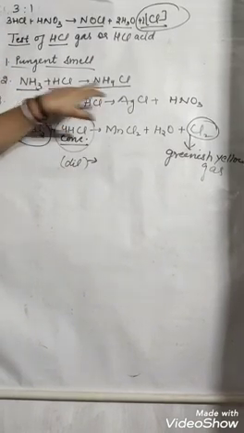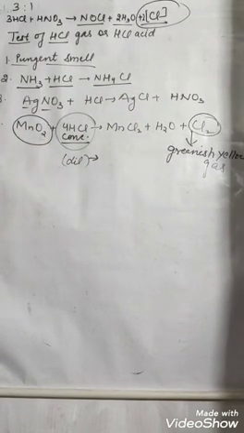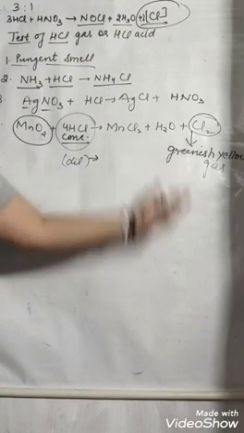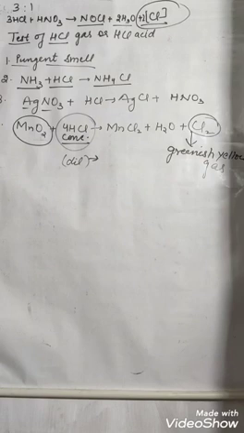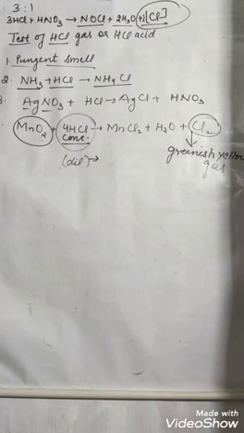First one, it is having a pungent smell. Ammonia rod over HCl, dense white fumes of NH4Cl. Silver nitrate reacts with HCl, a curdy white precipitate will be seen. MnO2, yeah, any oxidizing agent, Pb3O4, PbO2, whatever we can take. So we will see a greenish yellow gas of chlorine will evolve. So the chlorine test is there in our practical work. So when school opens, you will go in the lab and there you will be able to see that it is a greenish yellow gas.